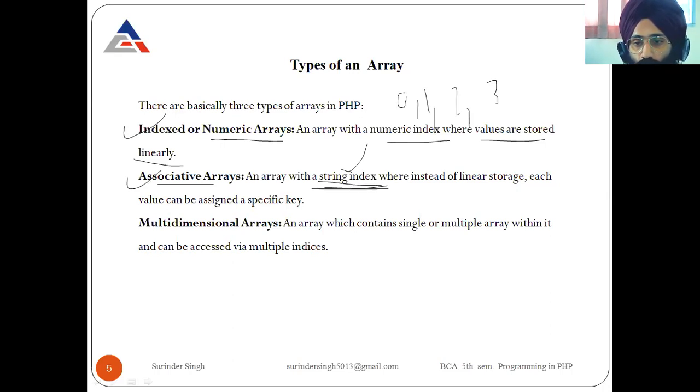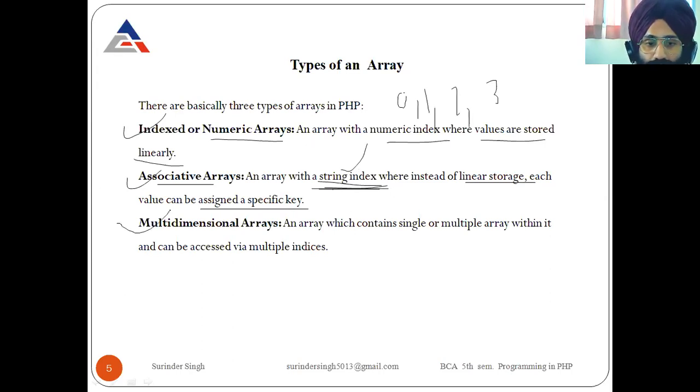You can define your own index, and these are called keys. An array with string indexes where, instead of linear storage, each value can be assigned a specific key. We will see this in the example.